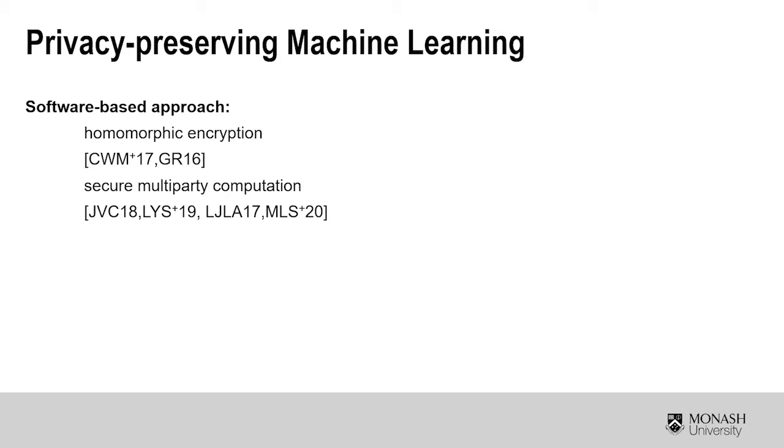Existing studies in this area can be classified into software-based solutions and hardware-based solutions. The software-based solutions leverage cryptographic tools like homomorphic encryption and secure multi-party computation. Those works achieve a high level of privacy protection. However, due to the nature of cryptographic tools, those approaches introduce a large number of computation operations. Thus, they are hard to deploy to protect complex DNN models without incurring a significant inference latency.